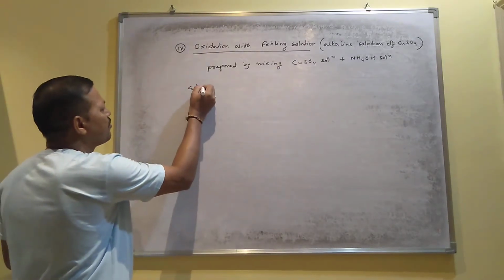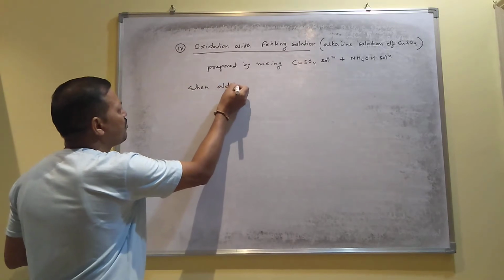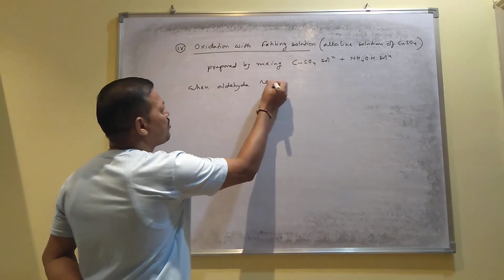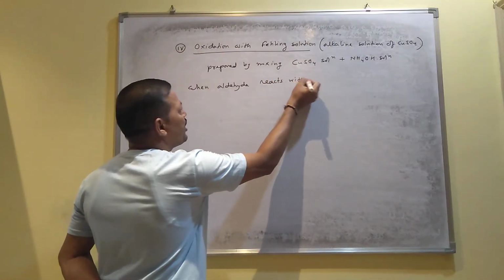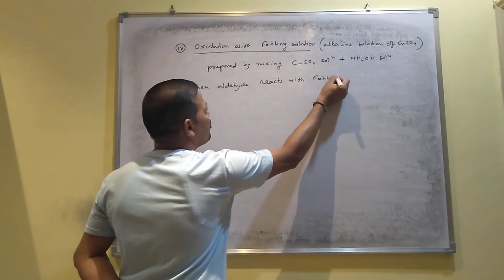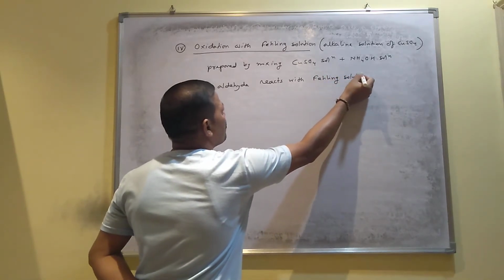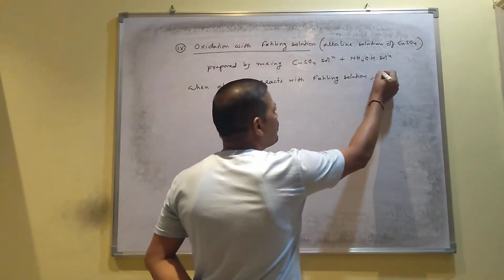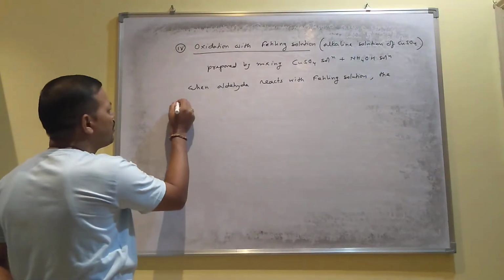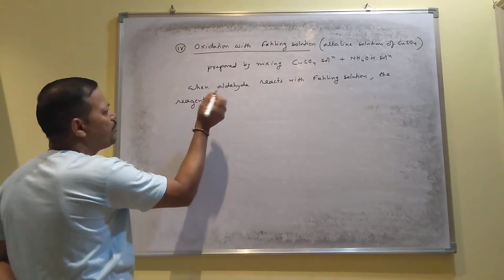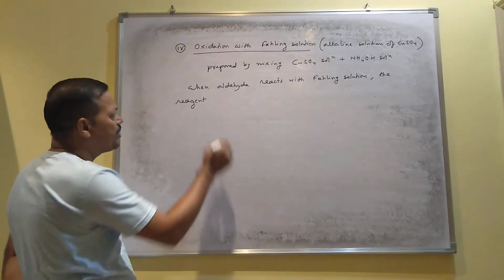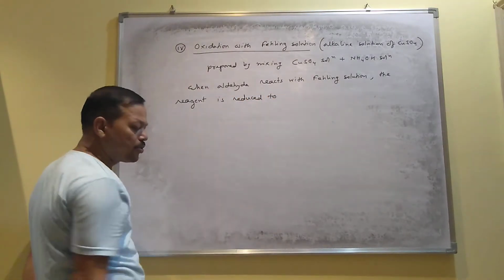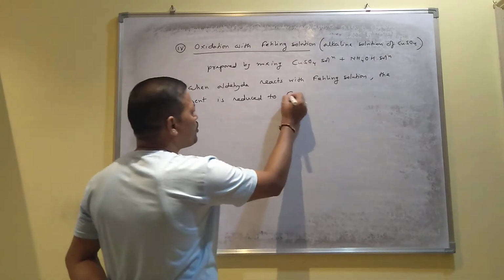When aldehyde reacts with Fehling solution, the reagent, meaning the Fehling solution, is reduced to Cu2O,